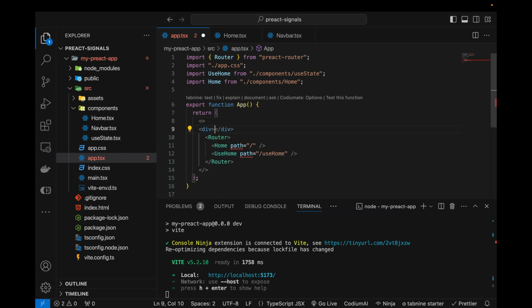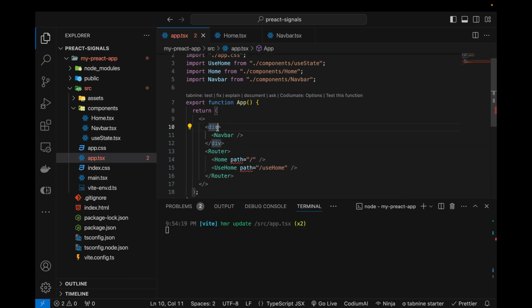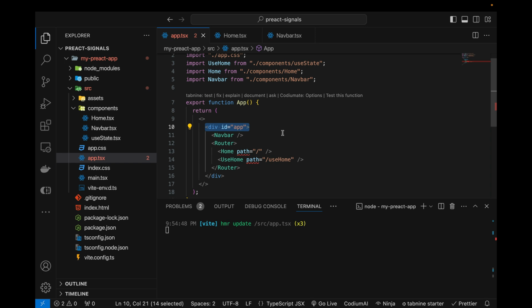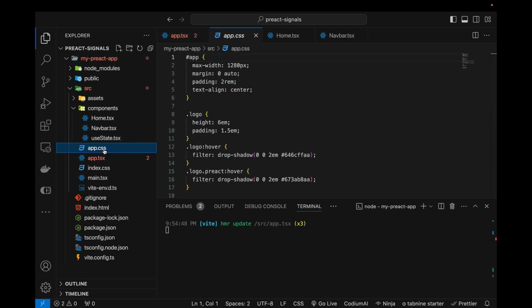So div, and inside this div I can have a navbar like this, and now I'm going to add an ID, and let's give an ID app over here, and I would like to copy this router and put it inside this div, and open up the app.css,